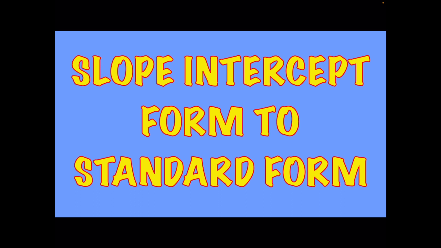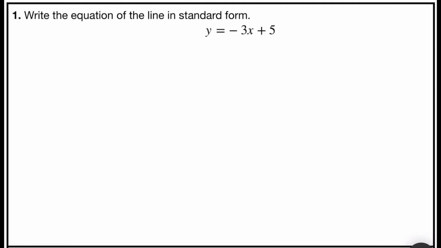Today's topic is transforming linear equations from slope-intercept form to standard form, and we have 6 examples for you. Remember, we believe math is better with your dog, so call your pups. Let's get started. Problem number 1 says write the equation of the line in standard form, and the equation says